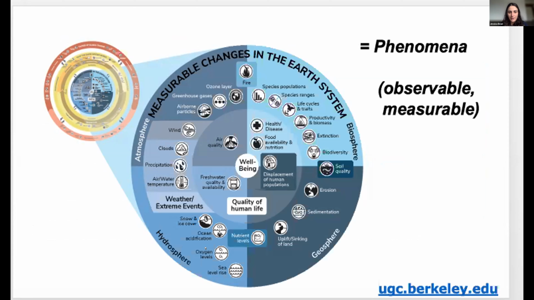I want to teach a unit about ocean acidification. I want to teach a unit about sea level rise. I want to develop a unit about biodiversity, right? So these are sort of the observable, measurable places where I can start and then contextualize even further for my